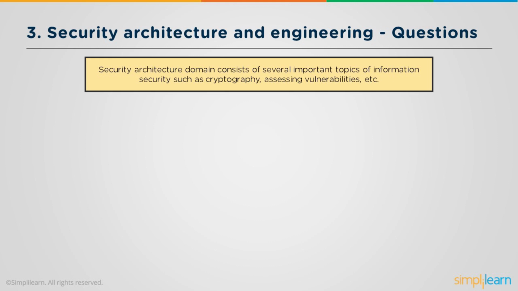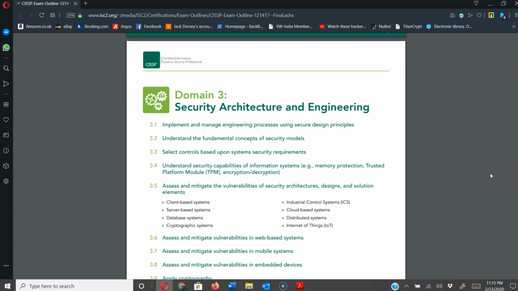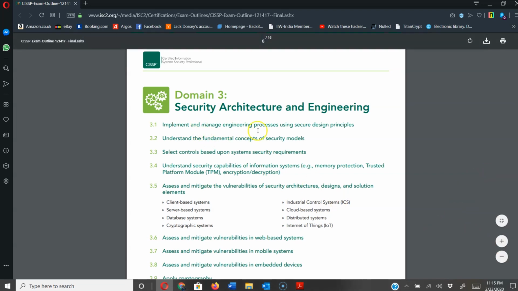Once that architecture is created, we need to secure that architecture to ensure that whatever data communications are happening within that framework, they are secured in a manner where all the risks that the organization may be exposed to are either managed, mitigated, accepted, transferred, whichever the way it is, right? So here you start off with physical security, you start off with trusted platform modules. So looking at the outline, this is where it starts off with implement and manage engineering processes using secure design